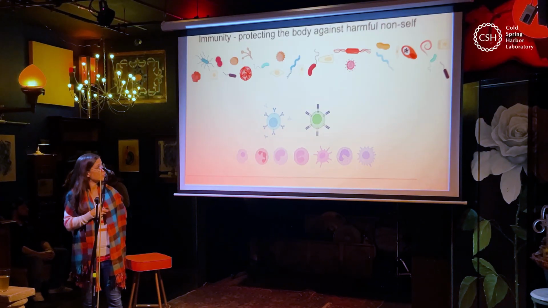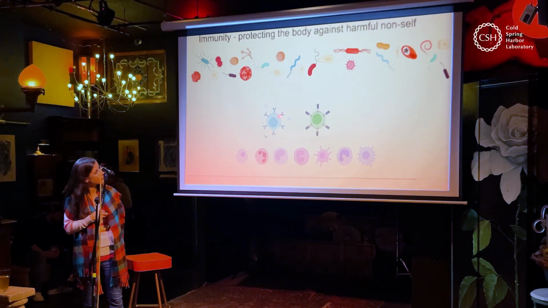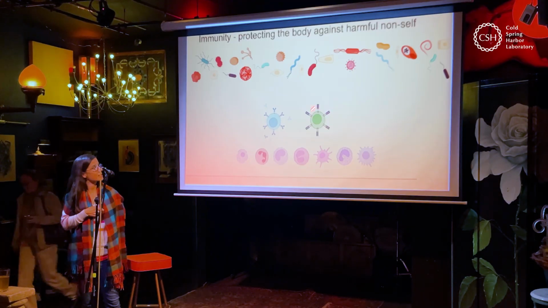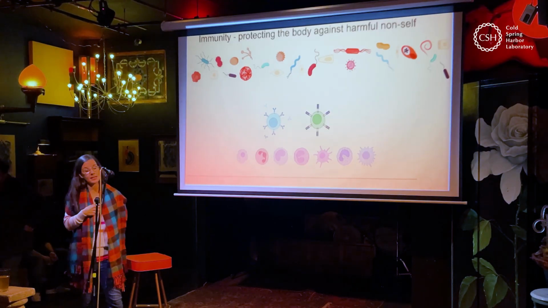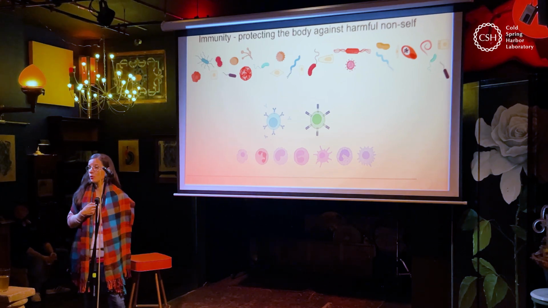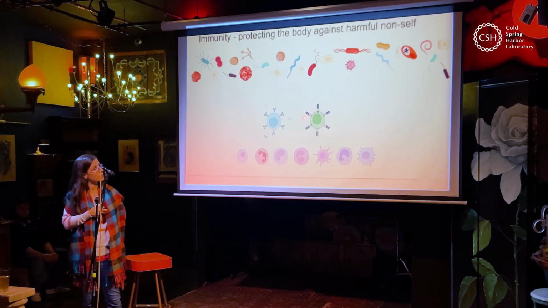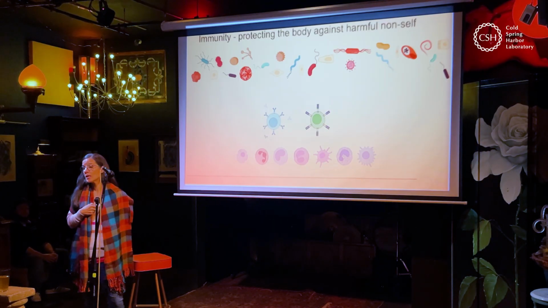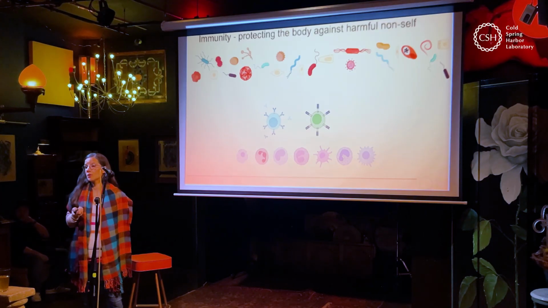They don't make antibodies, although they have receptors that look very similar to these ones up here. But these cells are specialized to detect cells in the body that are infected with, say, a virus or a bacterium, or that are non-self because they have turned tumorous. These cells can detect them with their specialized receptors and can induce these cells to die.